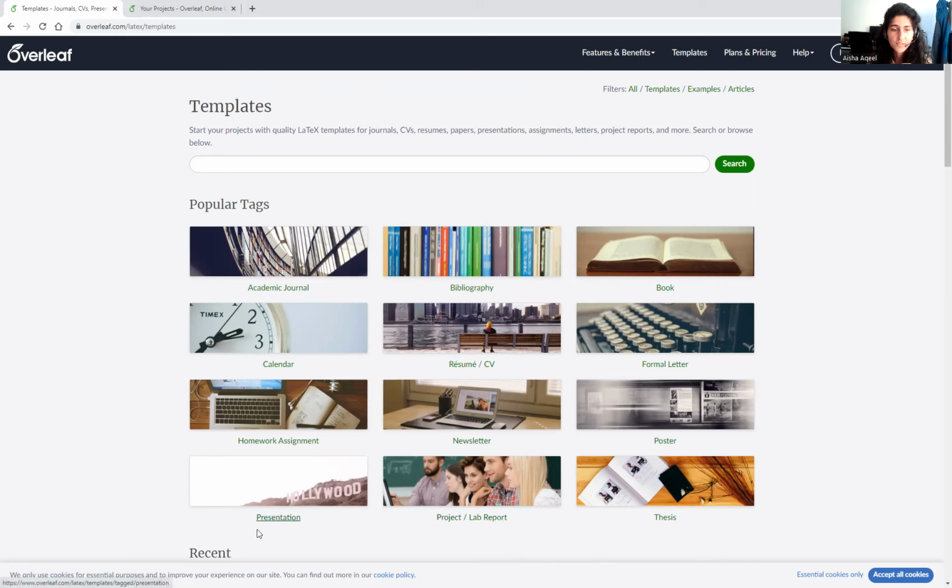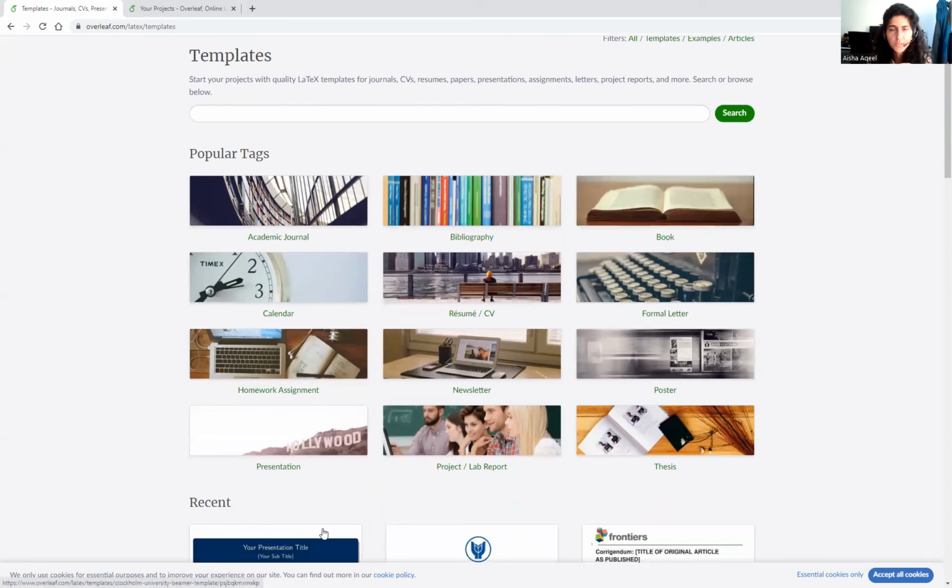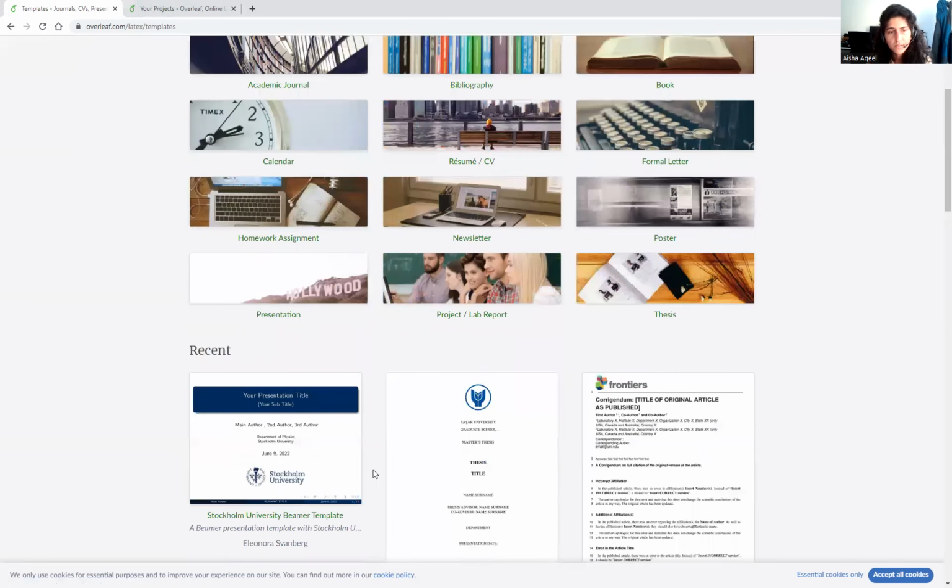Project presentations, yes, you can use it, but I have not used it just for giving a presentation or oral talk. But what I mostly use it for is writing manuscripts, CV, lab reports, assignments, thesis, journals. And then you see their recent examples.